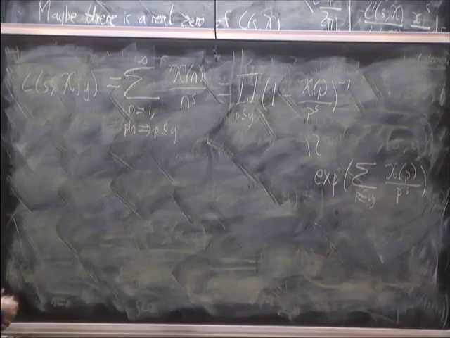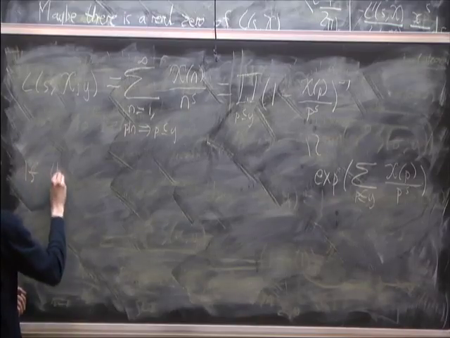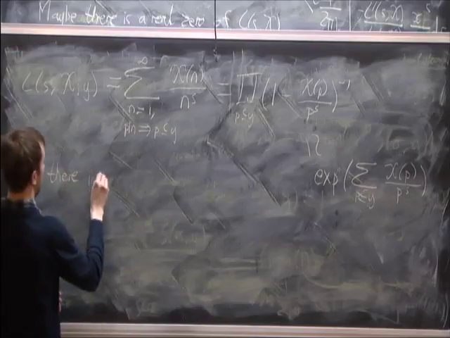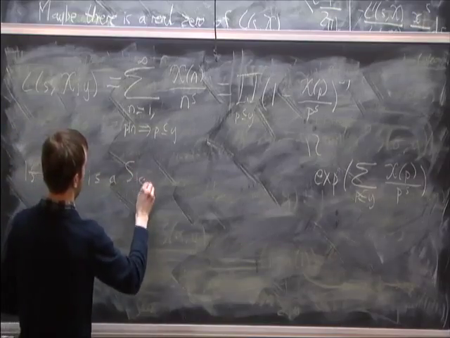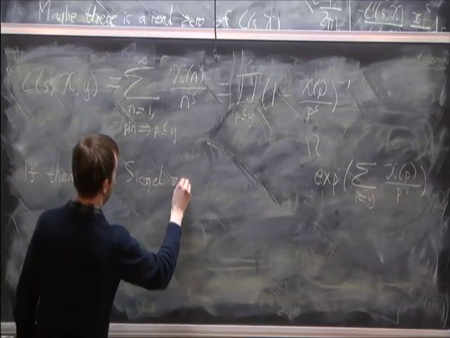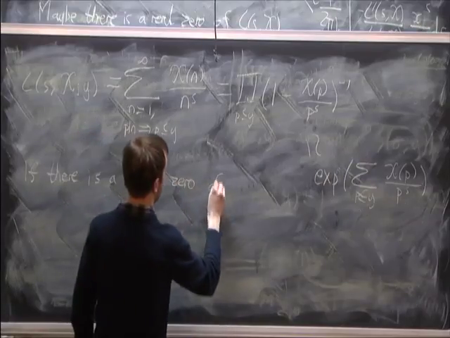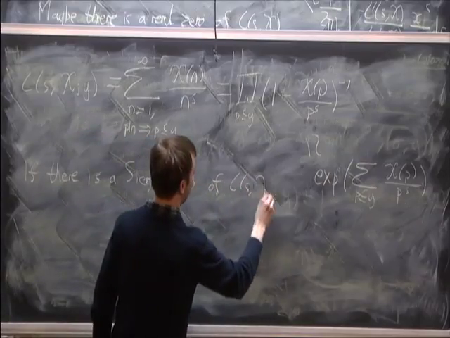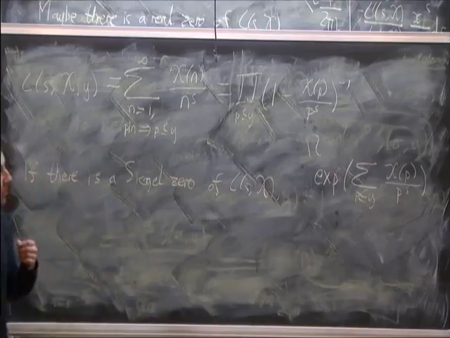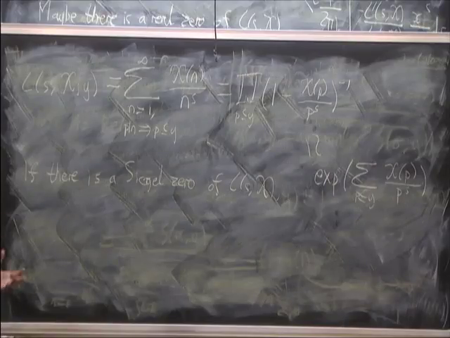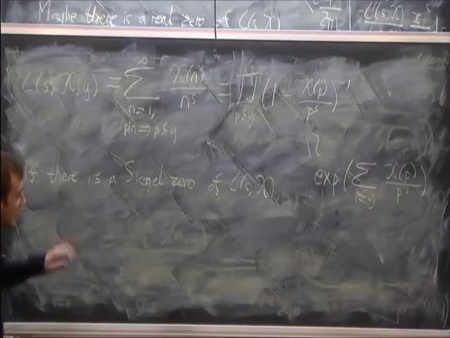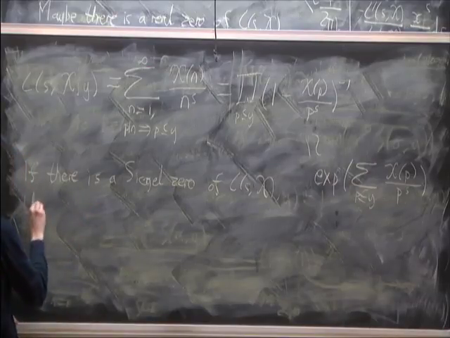Now my claim is that if there is a Siegel zero, okay, a zero really close to 1, within distance 1 over log q of 1, or 1 over 1 million log q, say. Right. If there is a zero like that of L(s, chi), then